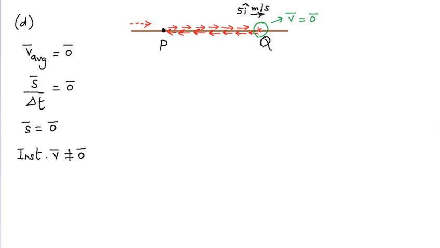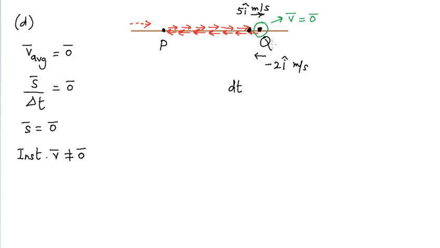That is just to the left of Q. So maybe the particle is somewhere over here, and in a time interval dt, when the particle actually reaches Q, what we would like to happen is that the particle has a velocity of, let's put a figure over here, minus 2 i cap meters per second. So the particle just before reaching Q had a rightward velocity of 5 i cap meters per second, and when it reached Q in a time dt, its velocity became minus 2 i cap